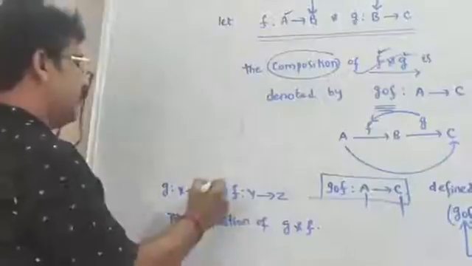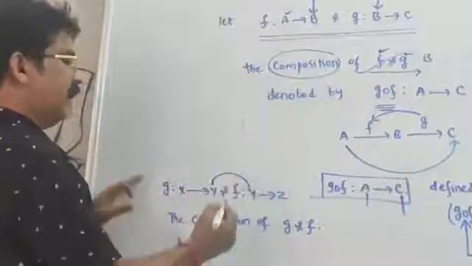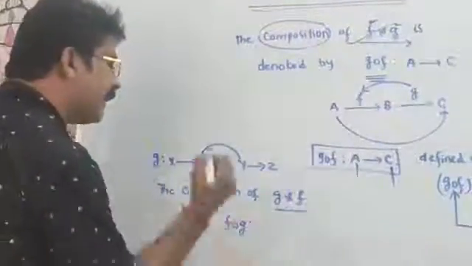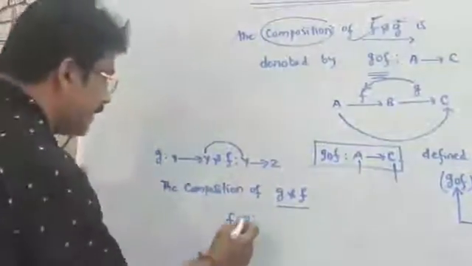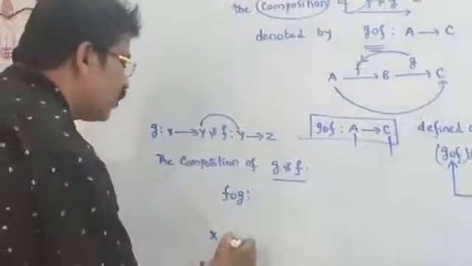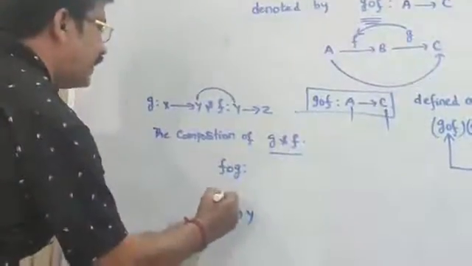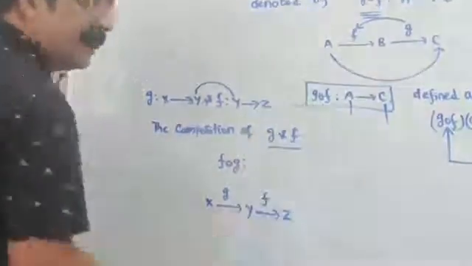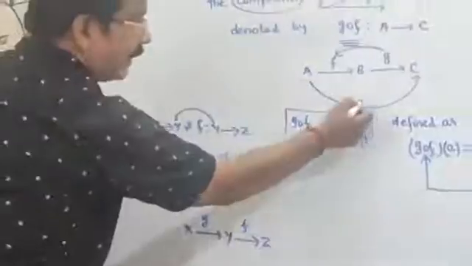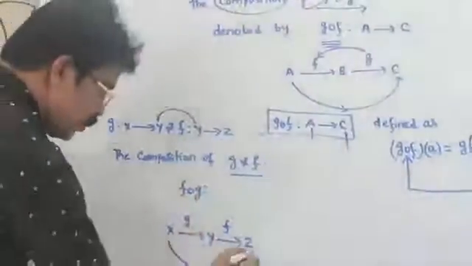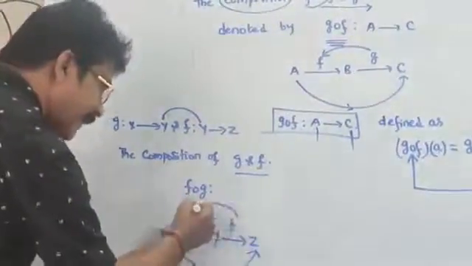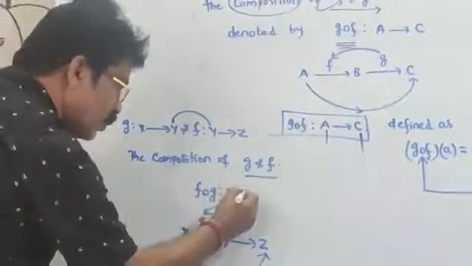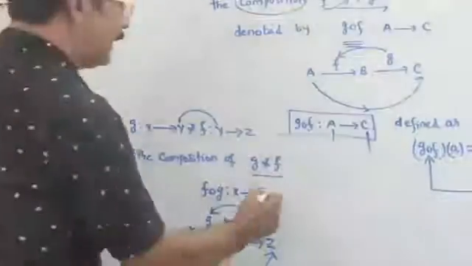That's why we took Y the same for G and F. F circle G means first, X to Y it is G, Y to Z it is F. Already I said this cyclic order. So F circle G is X to Z and defined